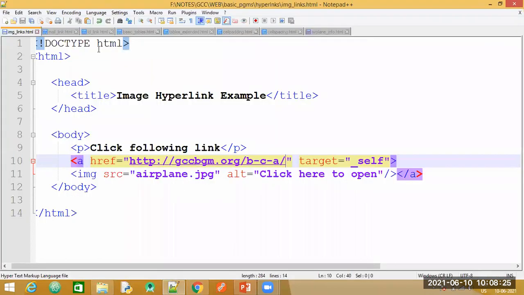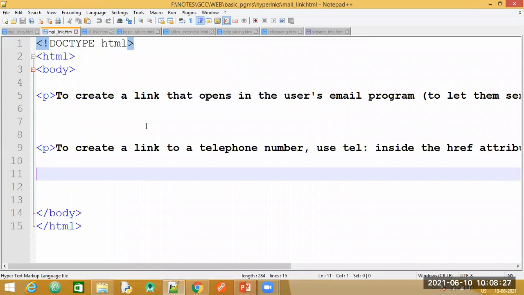Now after this, we can also specify a hyperlink for emails as well as for a phone number. That is, you want to make your phone number as a link. You want to make a call, it will act as a link, and you want to send an email. So you can make use of the hyperlink here. Let us first check how this output is.